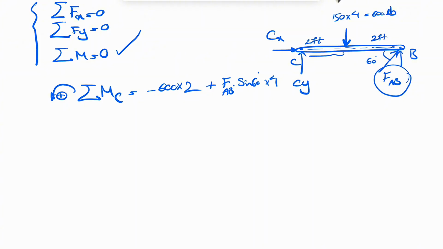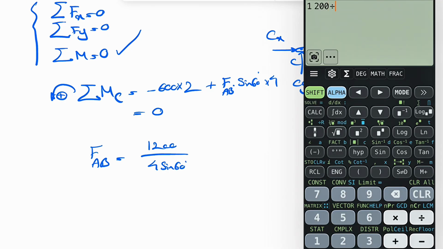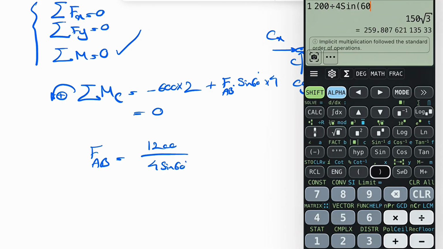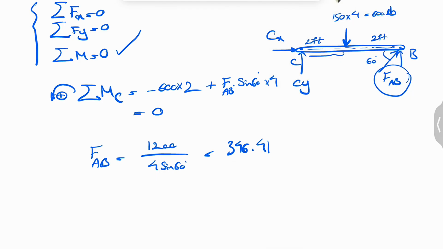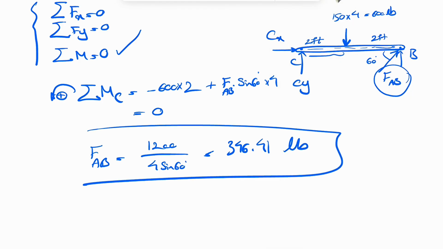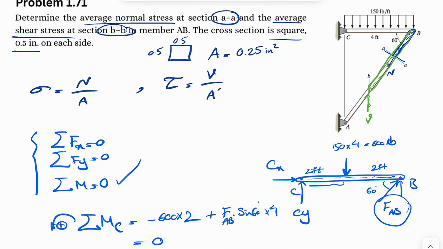And again, this will be equal to 0 because of the equilibrium. So FAB would be 1200 divided by 4 sine of 60 degrees. So 1200 divided by 4 sine of 60. And this is going to give us 346.41 pounds. And now that we have FAB, we can draw the free body diagram for each of the two